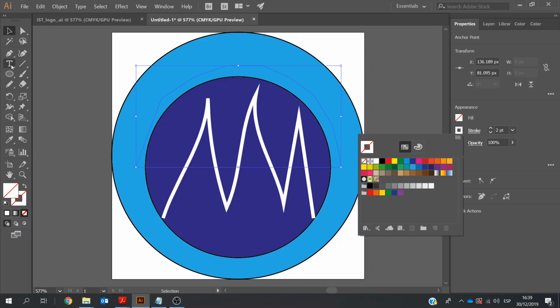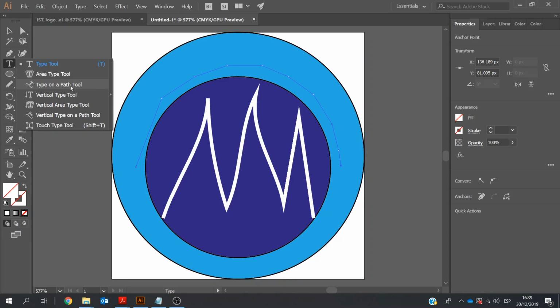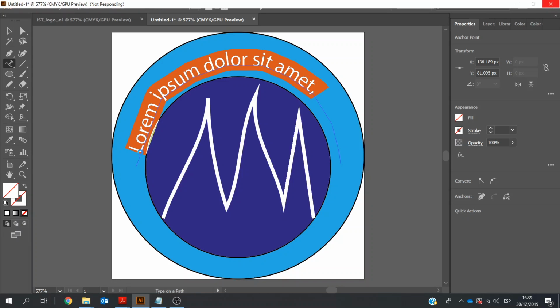So I'm going to go over here to the text. Click on this here, and I'm going to use the type on a path tool. I'm going to hover over this here, and you can see once I click on this here now, some text has been added already. I've already copied some text, so I'm going to